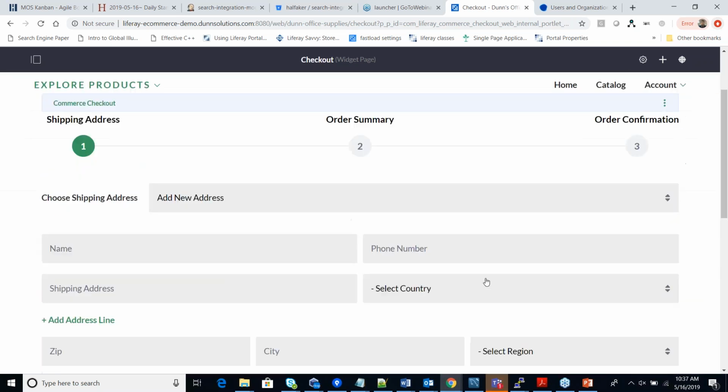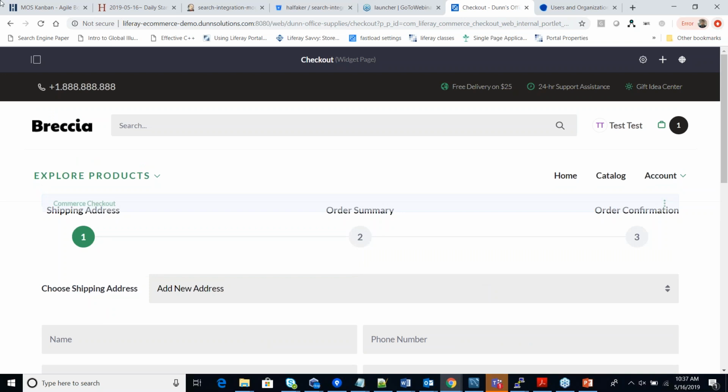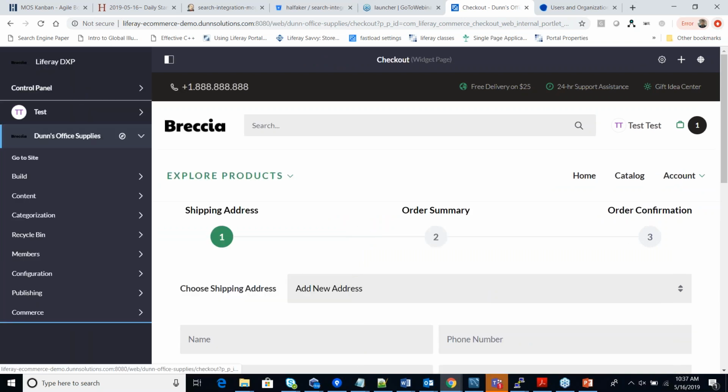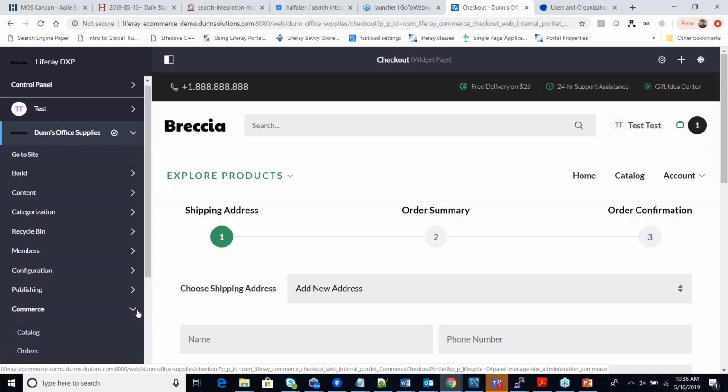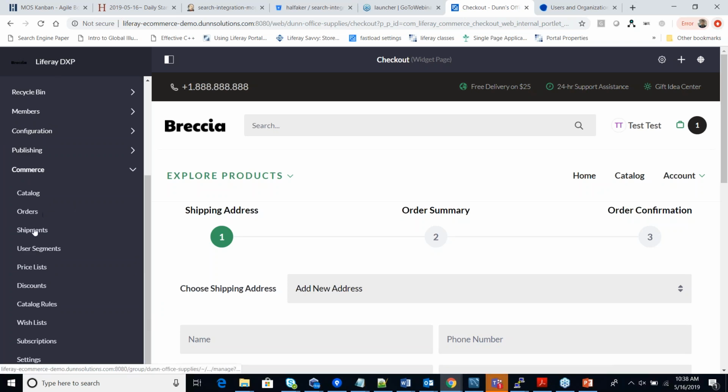All right. So let's go ahead and take a look at our backend control panel. So one of the things, if you're familiar with Liferay, you'll notice that this part is new. There's a new Commerce tab. So when you deploy the plugin, you will now have all these built-in features: catalog, orders, shipments, user segments, list